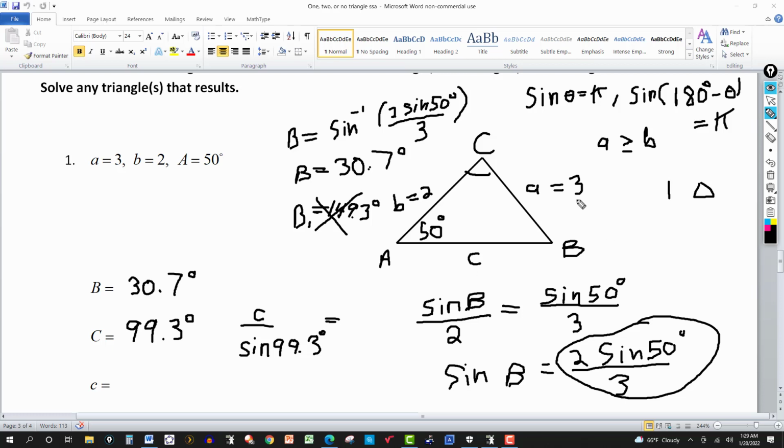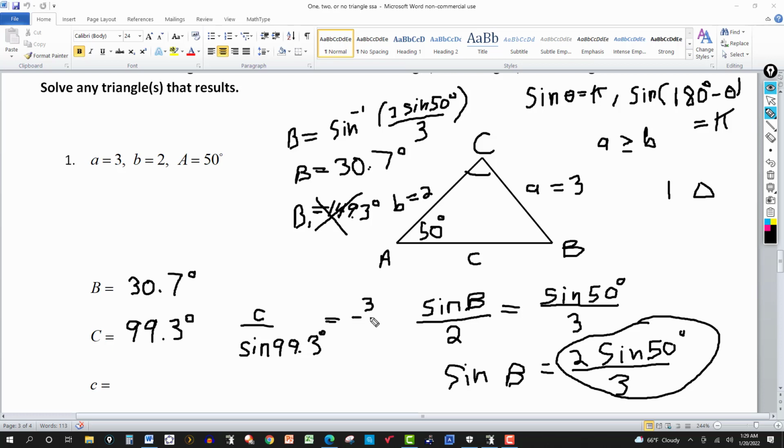Well, what do we have? I could use B equals 2. I could take 2 over the sine of B. I could take 3 over the sine of A, because I know both of those quantities. It's always best to use the given data in your calculations. So if you computed an angle that was missing or a side that was missing, if you can, use the given information. So I'm going to choose side 3 units